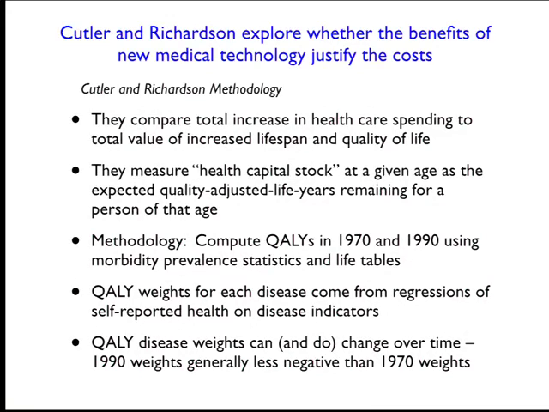Now, the other thing that might not be quite as obvious, but is definitely going on here, is that there are really three things that can change between 1970 and 1990 that will increase this quality adjusted life years measure, right? The first thing is that people can just start living longer, presumably through better medical technology, although potentially they could also be changing their habits.